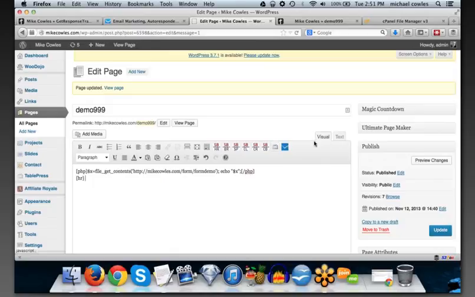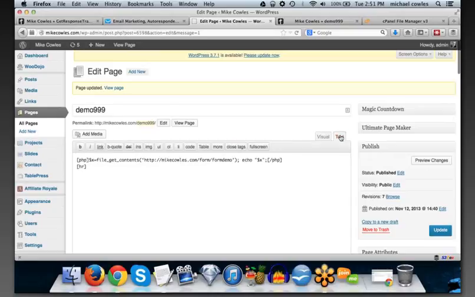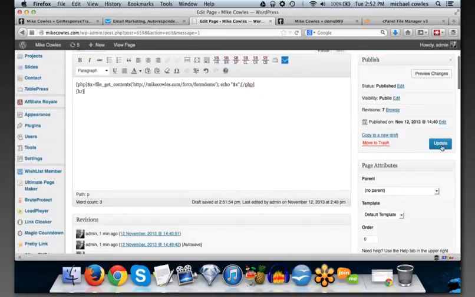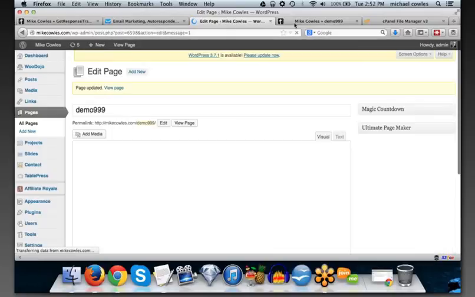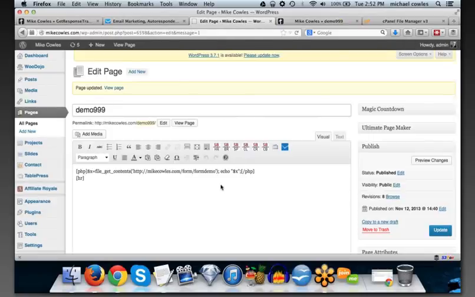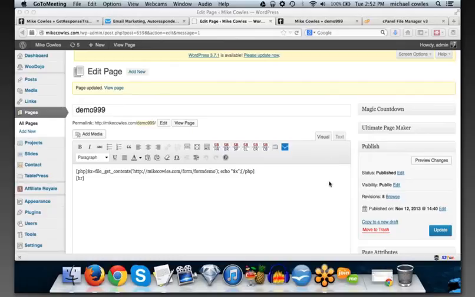So like in this case, and Ed is so sharp, he just sent me a text saying you're in visual mode. With short codes, it doesn't matter if you're in visual mode or not. So if you look over here, it's going to look exactly the same because it's in those two brackets. When I publish it, it's still going to show my error above it, but it'll have a horizontal line beneath it. So there we go. And that's a free plugin, by the way, for that type of stuff. It's called Simple Breaks.